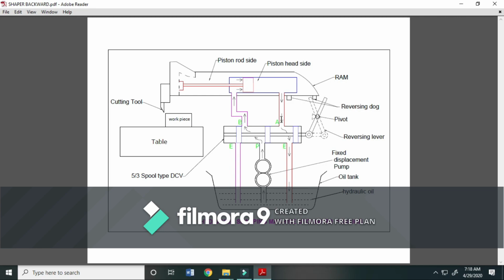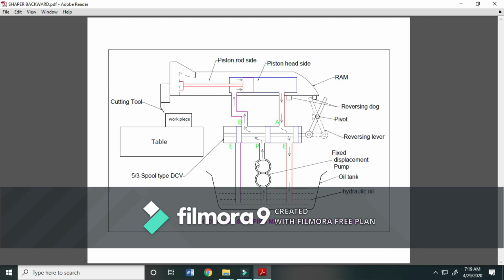Therefore, oil can go through A to E, and the reversing lever position is changed. This is the current position of the reversing lever. This lever position makes the direction control valve connect P to B and A to E.